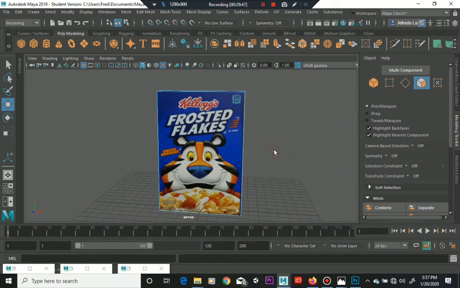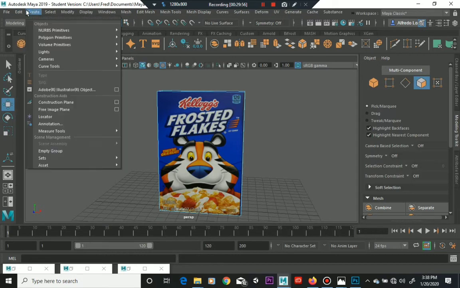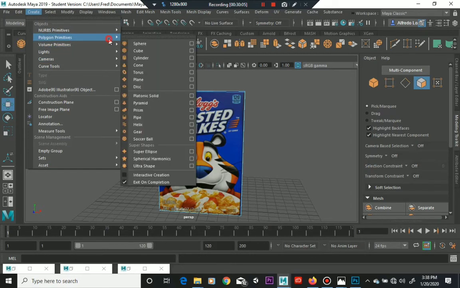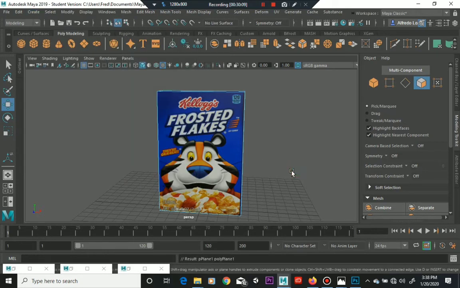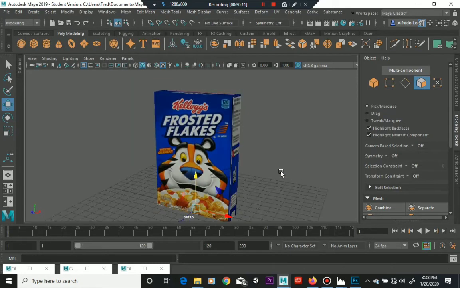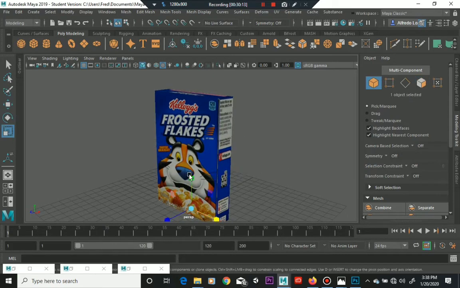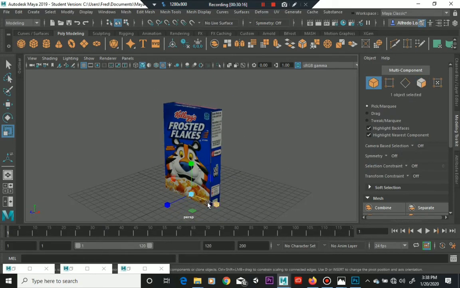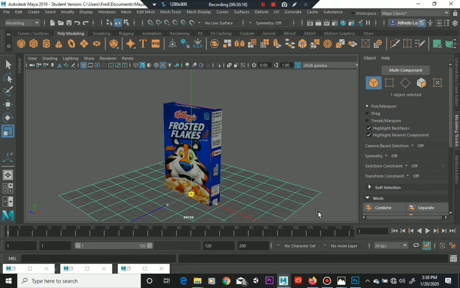So this is how a representation will look through the perspective camera. Now to do a render, you want to make sure you have a light, and you also probably want to have a floor for this, or a table. Okay, so go ahead. We're just gonna do this real quick. We're not gonna do anything too fancy with this because we have to get into lighting and everything, which we're gonna do in another tutorial. So create a plane, okay,